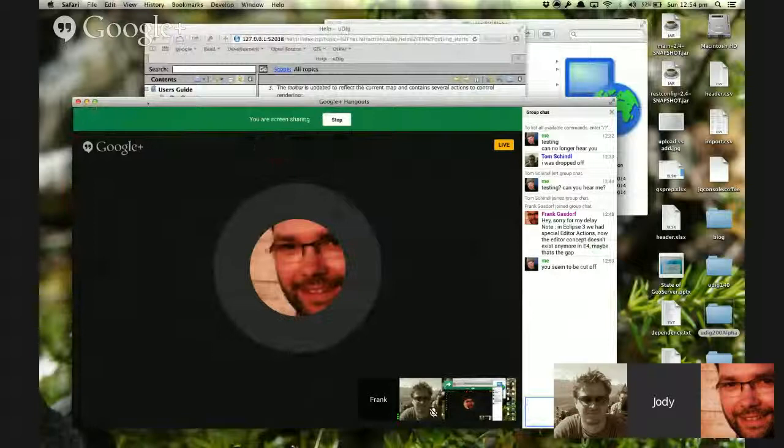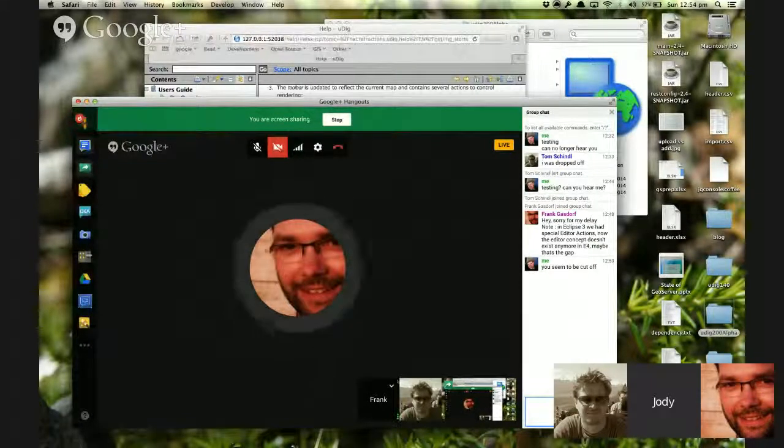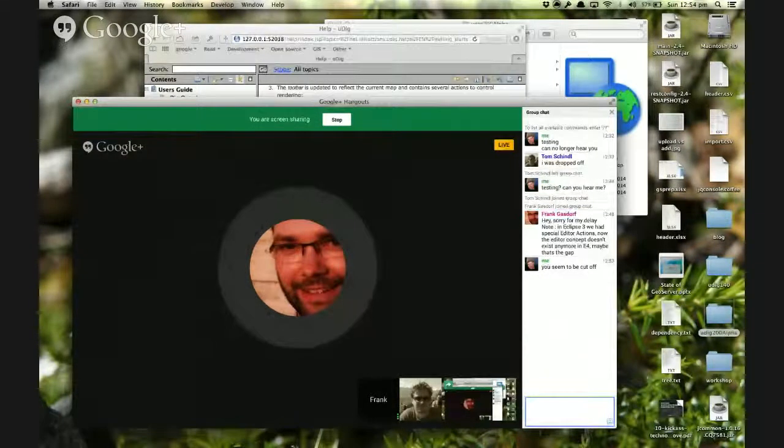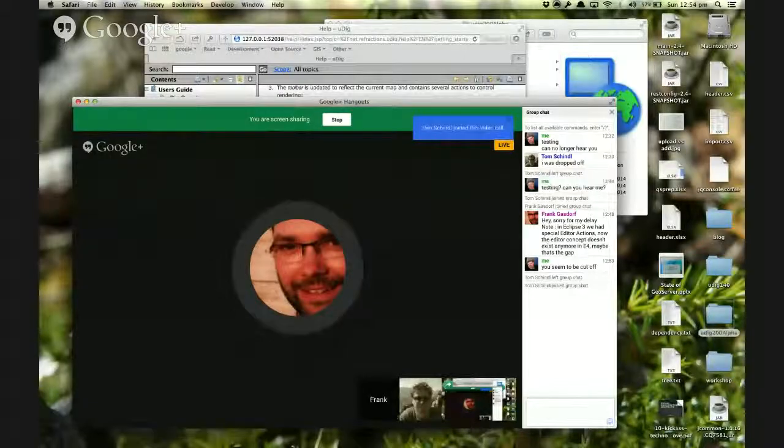Hi, Tom. I see you are grabbing the code through the editor actions. I just made a note to the chat. In the past, we had Eclipse 3, and there were special editor actions. Right now, the editor concept is gone, I guess. And maybe that's a gap to get the extension points